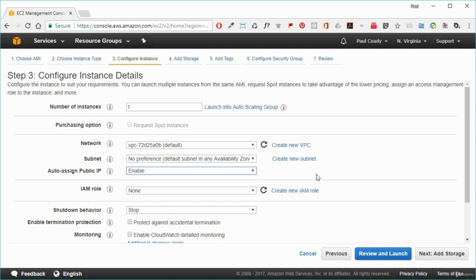Now, there are a whole heap of other options that we can look at, but this is really just an introduction to AWS. We're going to do something very simple, the most simple thing that we can do right now. We're not going to get into discussing any of this stuff because we're going to go into quite in-depth detail on the EC2 service and VPC and a whole heap of other stuff further through the course. So for now, we're just going to click on Review and Launch and accept everything that we've got there.